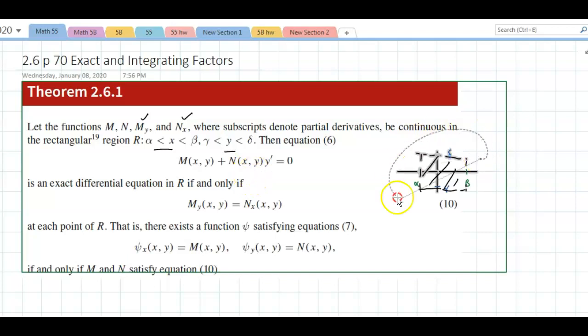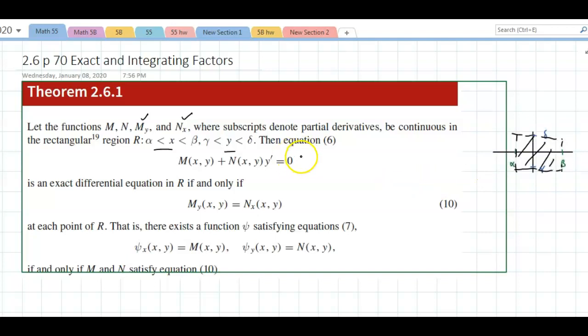I'm going to rewrite this equation for you really quick. I'm going to put this on the side. And this equation I'm going to rewrite. This is dy dx, just to demonstrate. So this is M of x and y times dx plus N of x and y dy equals 0. So it's important for you to really write it this way, to know what M is and what N is,